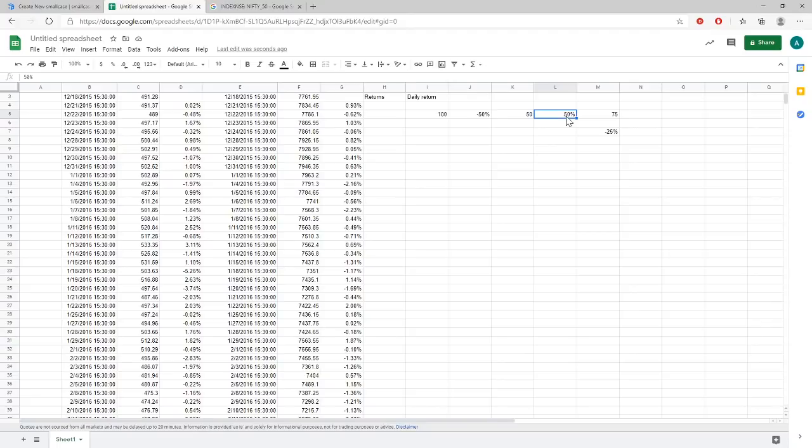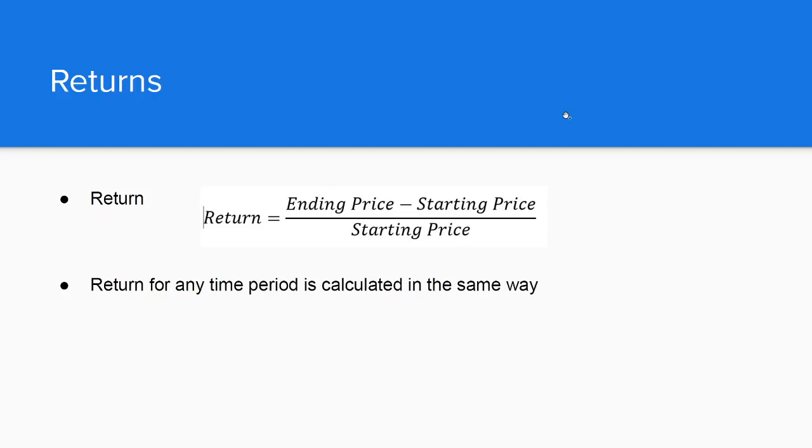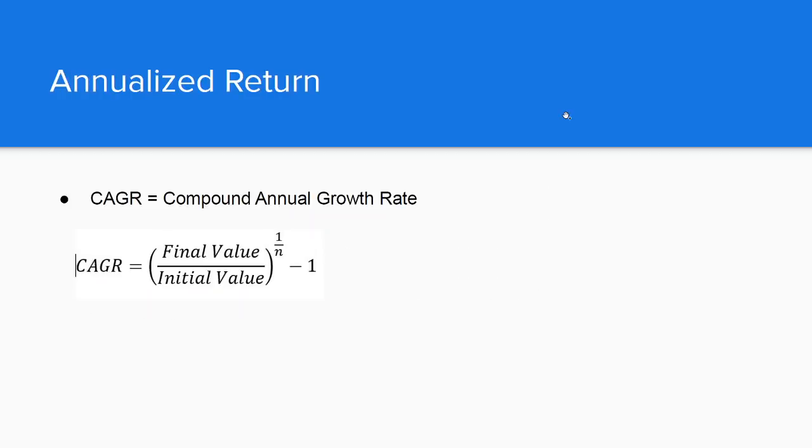So that brings us to the other concept, which is the average return that you can get. There is this concept of CAGR, which is compound annual growth rate. Basically, whatever be the time period that you have taken, it averages it to see what the annual growth rate would be. The formula of CAGR is the final value by the initial value to the power of 1 by n, minus 1. Here n is the number of years.